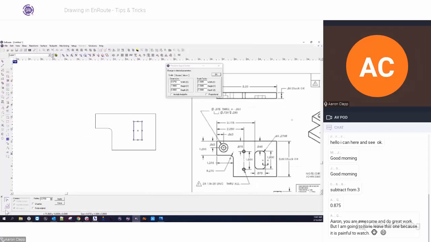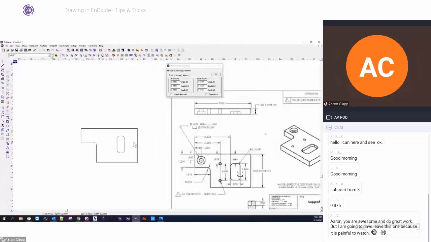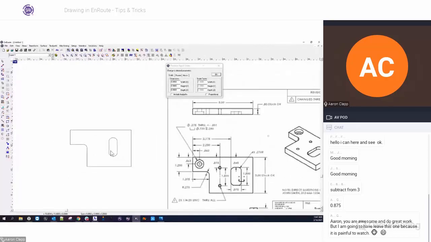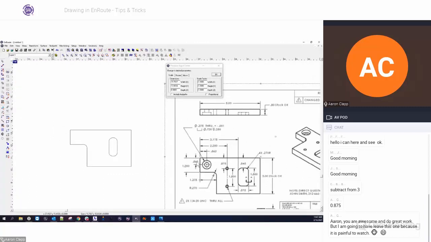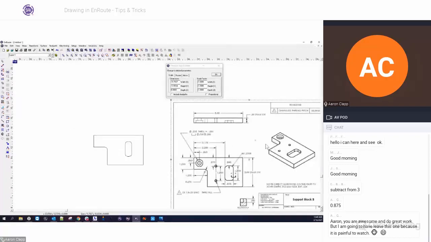We can fillet these corners in, put our radius. I'm going to say all outside corners. I'm going to click on my object there, hit apply, and we're ready. So now we've got that into position. Again, we can do the same thing with our radius here on this end. So now as we go to draw this, if we look at our drawing, we've got